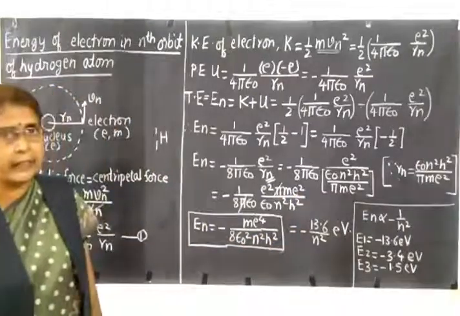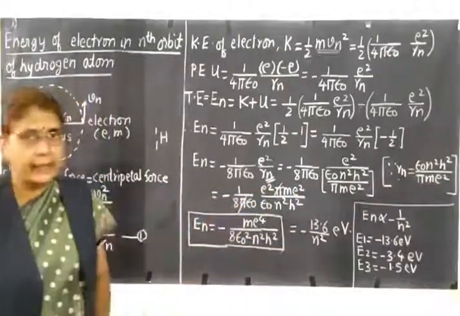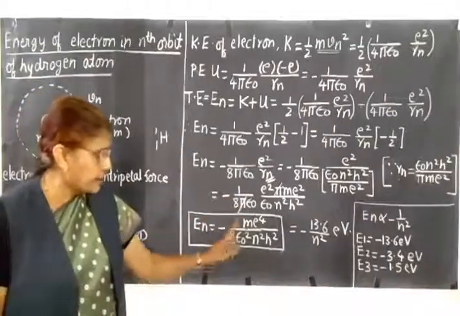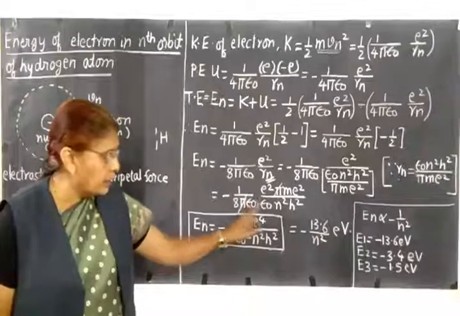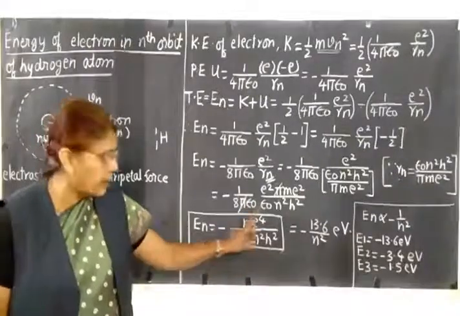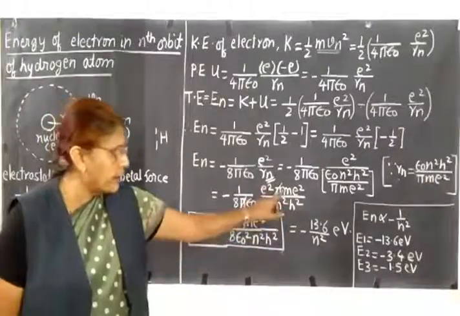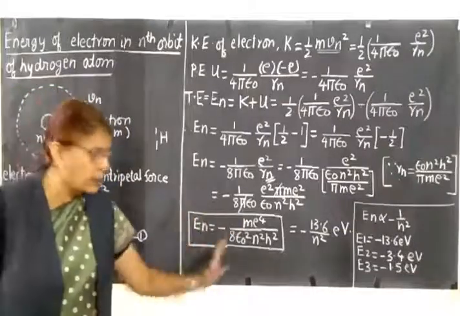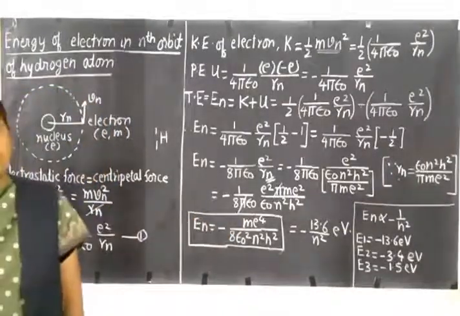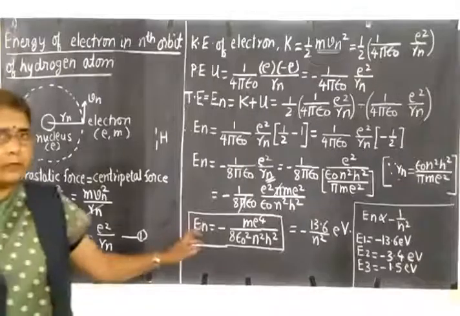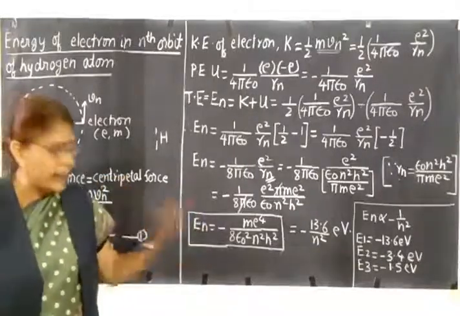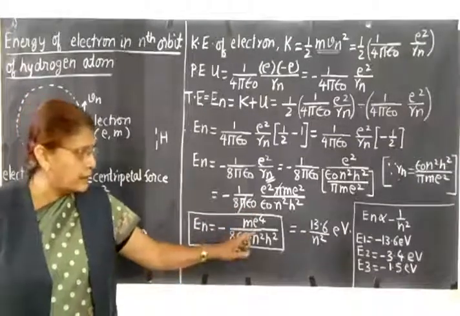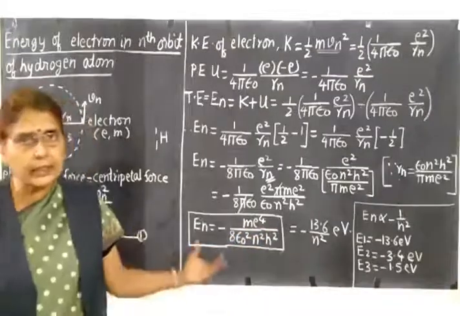Let us simplify that equation. So pi and pi get cancelled. So you are left with minus sign 1 upon 8. In the denominator it will be epsilon 0 into epsilon 0 means epsilon 0 square n square h square, and numerator is m e square into e square, that is m e fourth. So you got a final expression for energy of the electron in the nth orbit. What is that expression? En equals to, with a minus sign, m e raised to 4 divided by 8 epsilon 0 square n square h square. So this is the final expression.